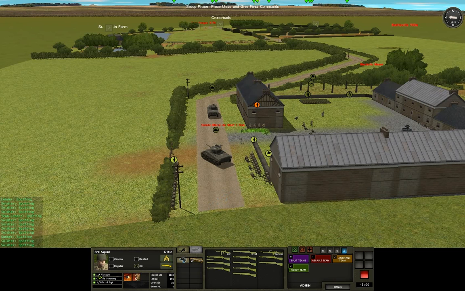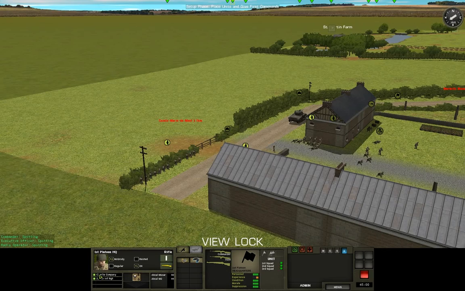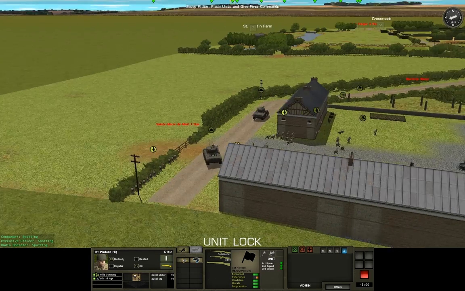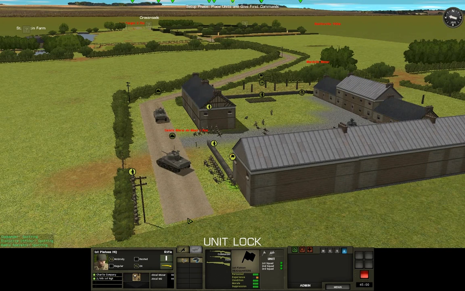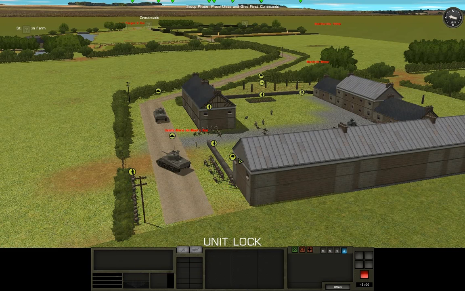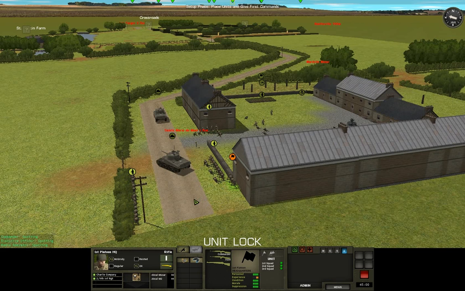So what I'll probably want to do is find their leader. I'll click on the word 1st platoon, and it'll jump me to their 1st platoon leader, and from there I can select the whole unit and give them an order. It doesn't work that well, so what I'll probably do is grab the 1st leader, and I want to find